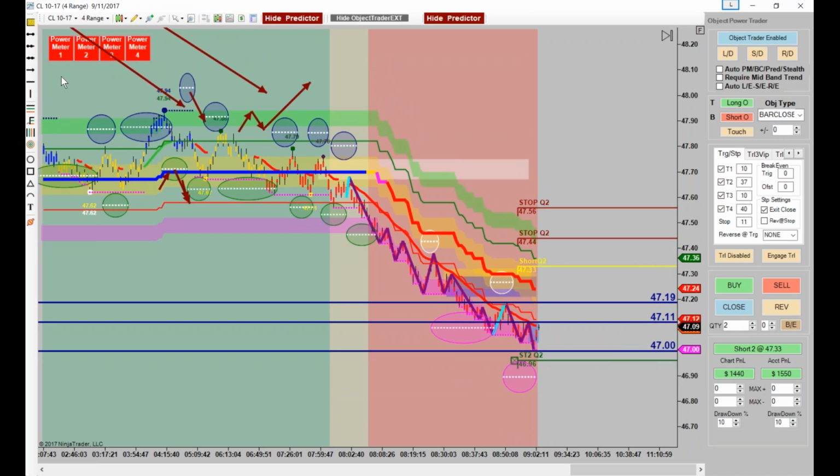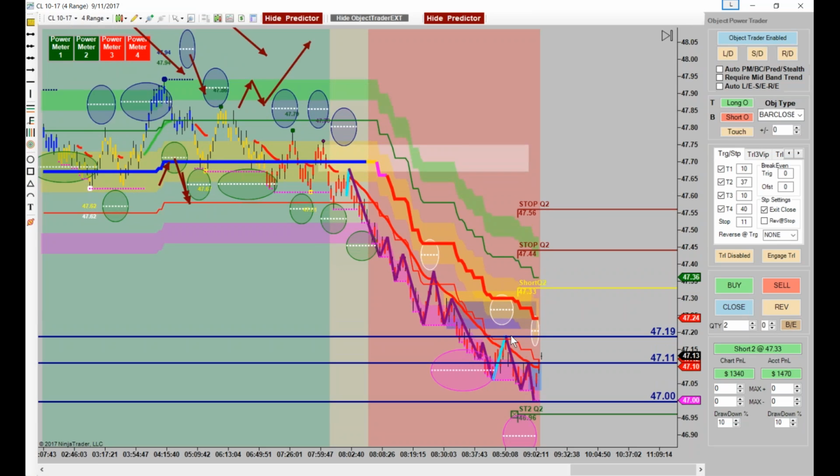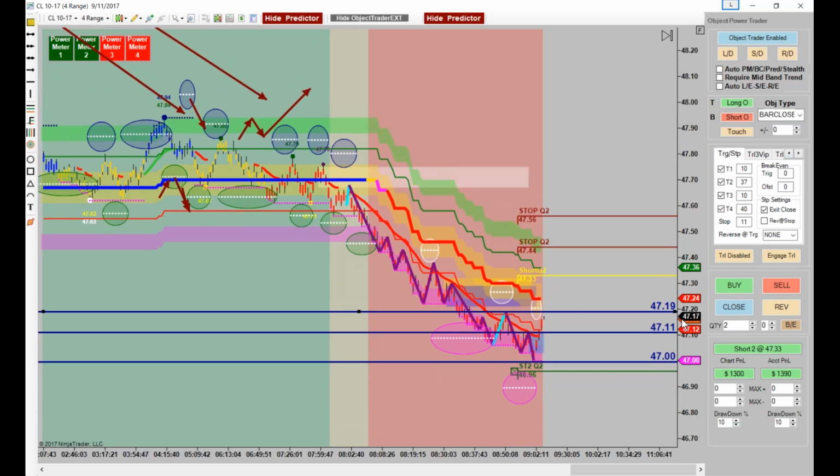But remember what I even said live while we were trading this? I said if that power meter goes green after we hit this 47, that I'm going to cover my trade. Well, that's when it takes out that line if it does with a closed bar. Watch it turn green if it does. See there? Just turn green. Okay? So if you wanted a looser stop, this is what I call your secondary identified swing. Okay? If it takes it out, then you're going to get a deeper retracement like mid-band or something like that,